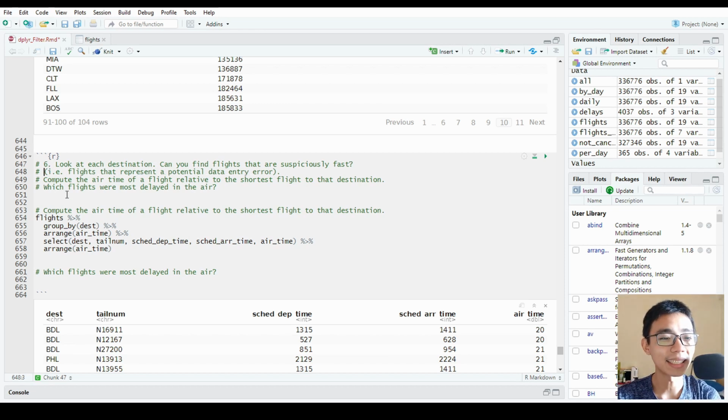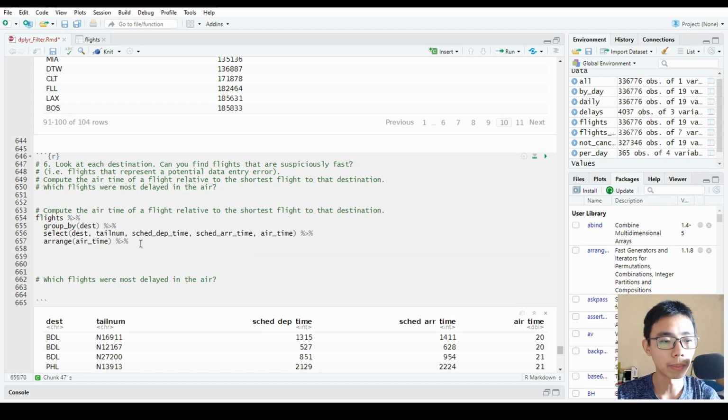So looking at the destination, can you find flights that are suspiciously fast and flights that represent potential data entry errors? So which one is super fast and unlikely to make sense? Okay, so let's go to this one. What we do is, of course, we just group by destination and arrange by airtime. We can actually avoid this, but it just makes things a little bit easier. Actually, I should change the order a little bit just to make things easier to see for